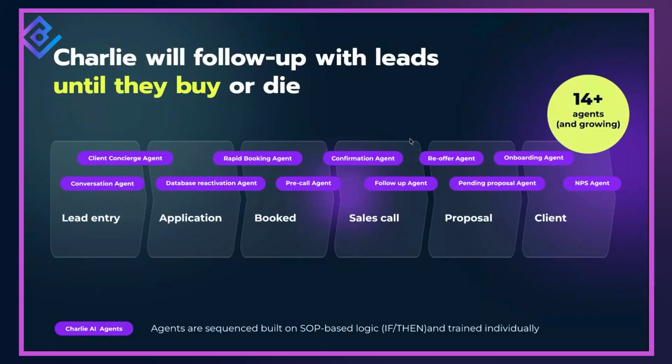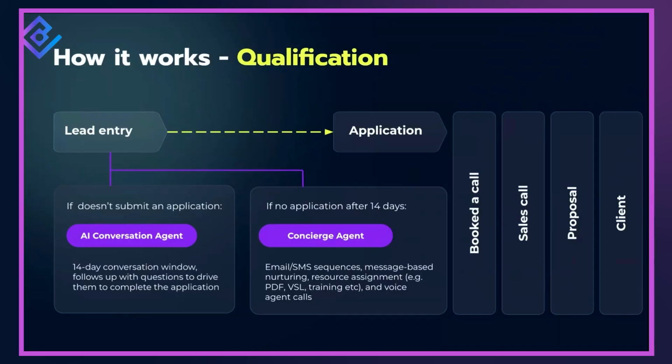The first step is mapping out what is actually happening inside of the sales process. So Charlie follows up on all the different stages of the pipeline. We map out what happens when the lead enters. What is the next step? For this company, this is what their process looks like. Lead comes in, fills out an application, books a call, the call gets taken, the team makes an offer, to become a client. Now, what happens in each one of those steps, people don't actually take time to fully map out and thoroughly go into detail.